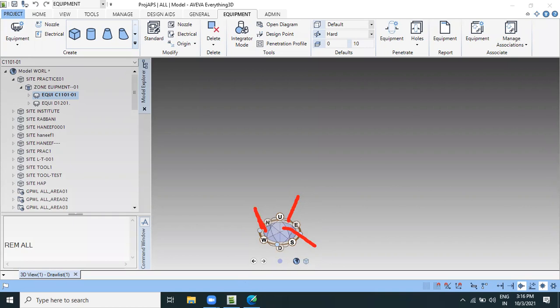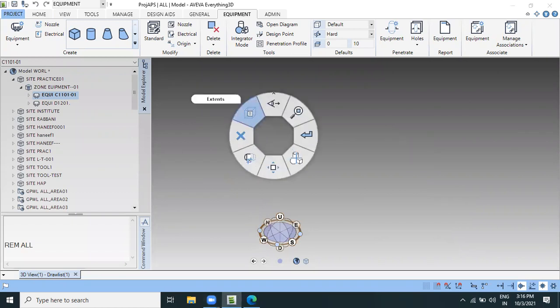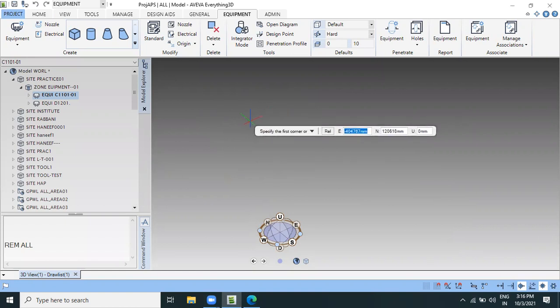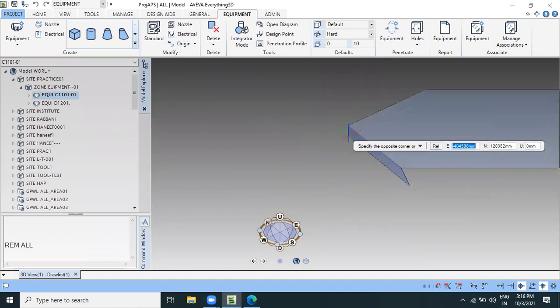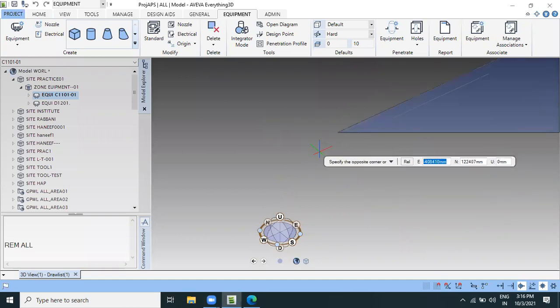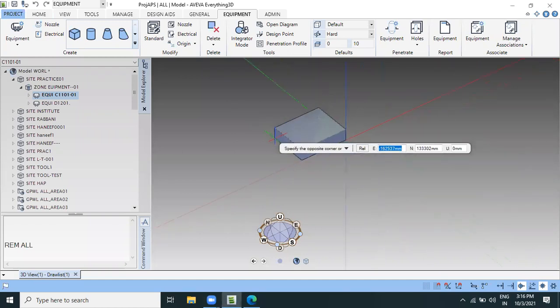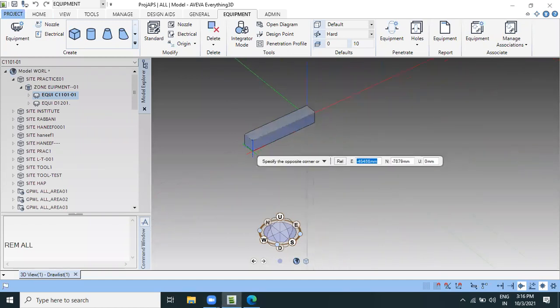Because it is a cracking tower, we select the up and down plane already. Then give the position 0 here. Otherwise, if it does not come, right click, then give 0 tab 0 tab 0, then enter. It comes on the position 0.